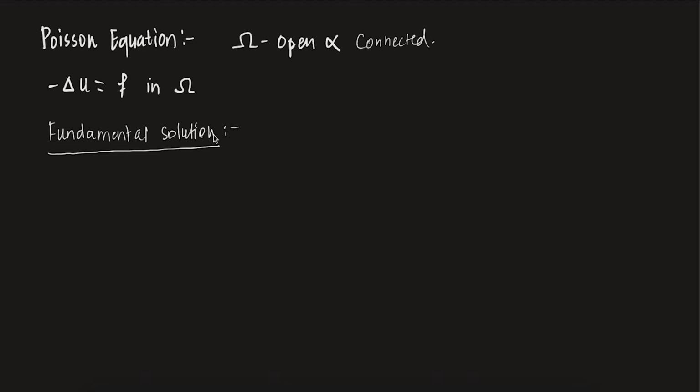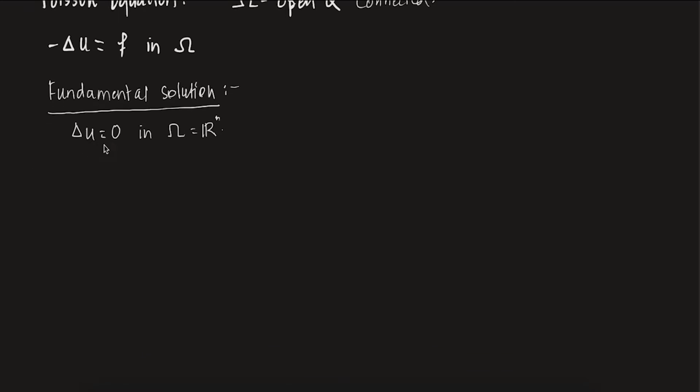But for now, without thinking much, we want to solve this equation, Laplacian of u equals 0. Clear? You can think of it right now as solving it in omega, which is in Rn. Let's just do that. Once we do that, from there we will go on to solving the Poisson equation. So, how to solve this equation?